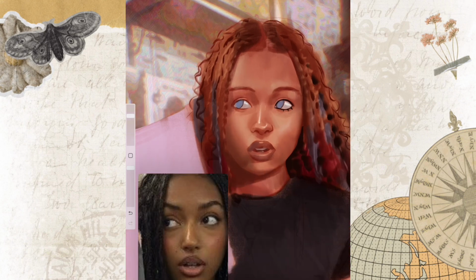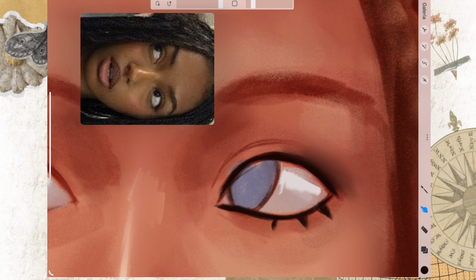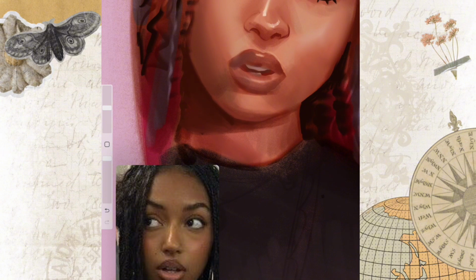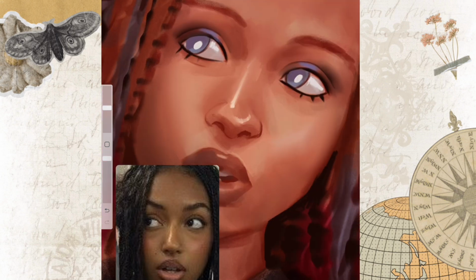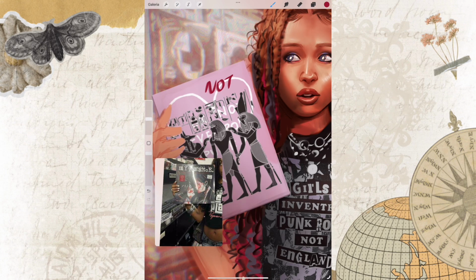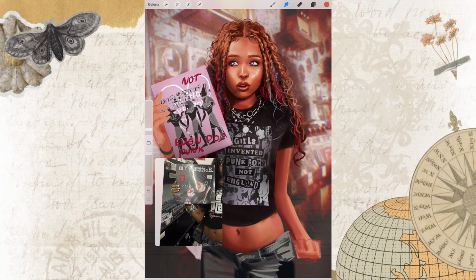Now, I begin to do what I call a definition pass, where I use dark colors to properly define the shapes. This is why my art looks like it has line art, as opposed to the old version of this video, in which my art didn't look like it had one, even though it did. I also use this pass to apply details I didn't think about before, like eyeshadow, jewelry, writing, and hair strings mostly. After that, I start fixing everything that looks wrong or under-rendered, basically polishing it up, flipping the canvas, and